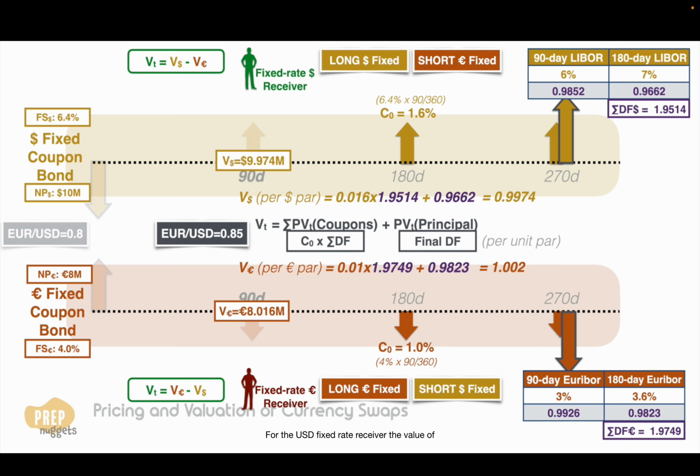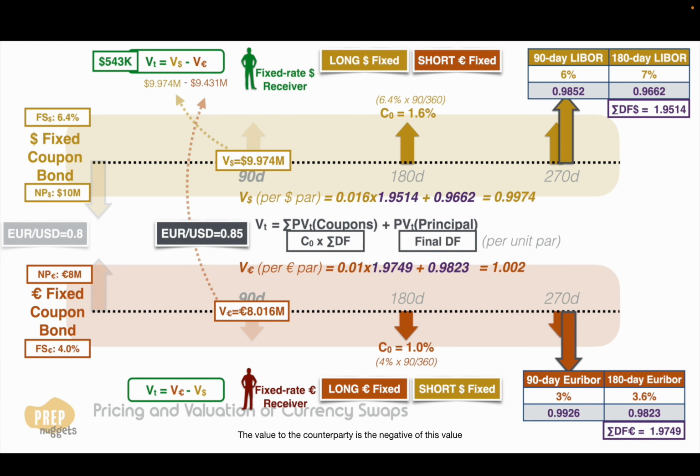For the USD fixed rate receiver, the value of the swap is the value of the dollar bond minus the value of the euro bond, which we should convert to USD based on the current exchange rate. This makes it $9.431 million. The value of the swap is therefore